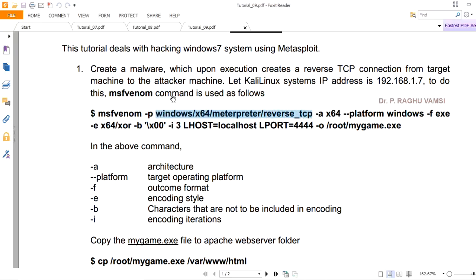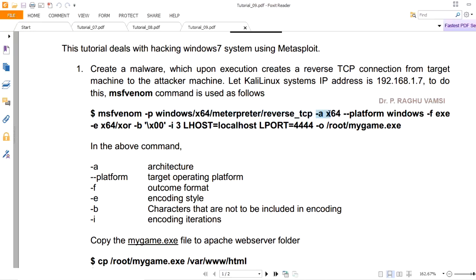This particular payload is used for generating the malware with MSFvenom, and it is available in Metasploit itself, because Metasploit consists of many packages that ease the work of the attacker or the penetration tester. There is no need to create malwares or any other programs from scratch. Instead, they can directly use the packages available in Metasploit and generate whatever they want.